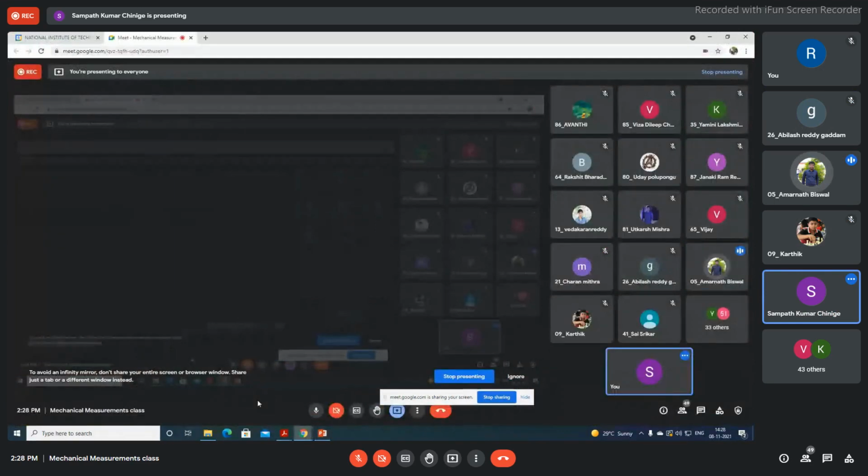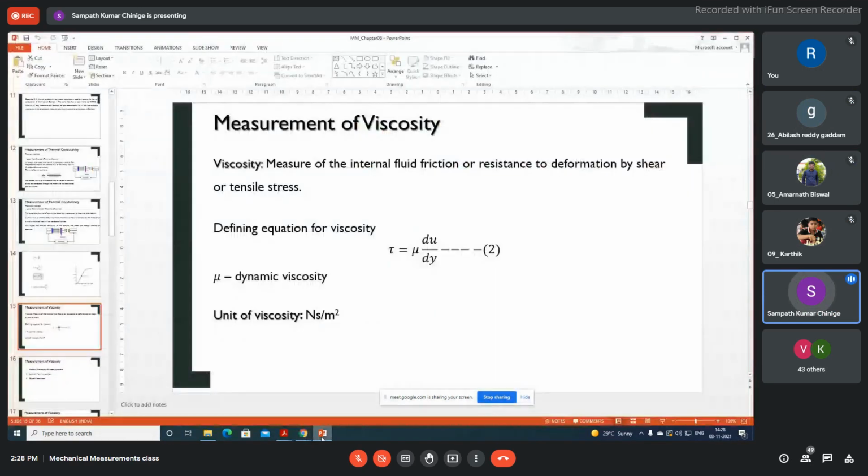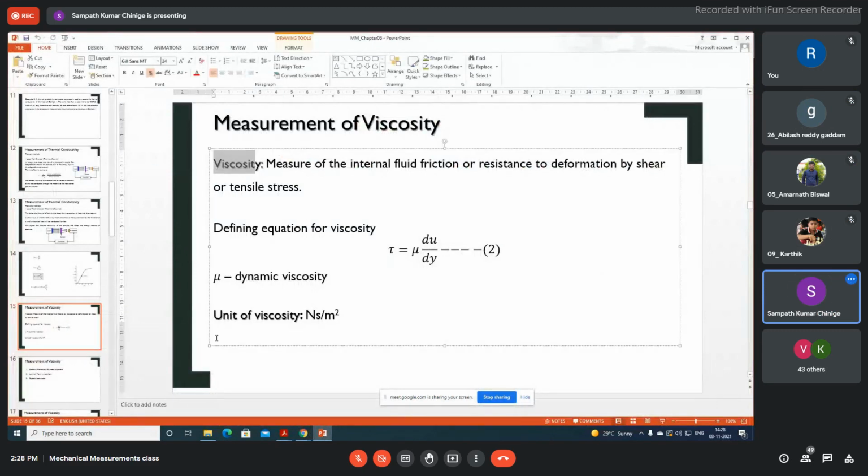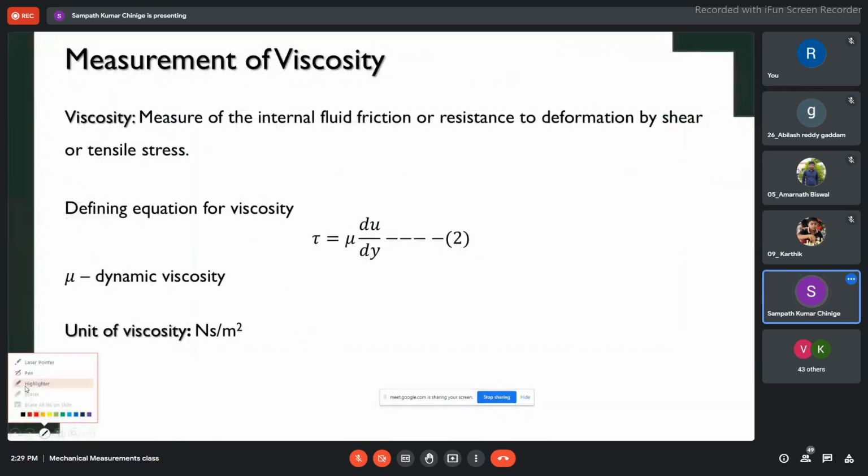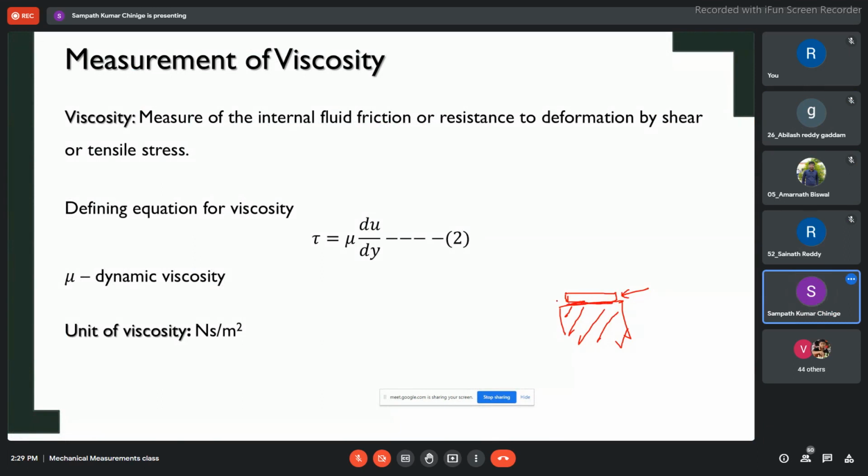Okay, let me explain it again. See, the effect of viscosity, I have tried to explain. Let me do it again. You have a book on a particular table. This is the table and this is the book. If you apply some force on this, against this force there is a resistance force that acts at the interface. That is what we call friction.